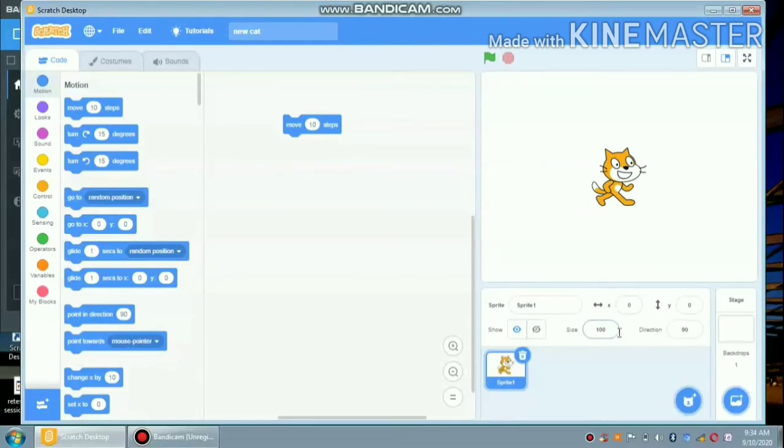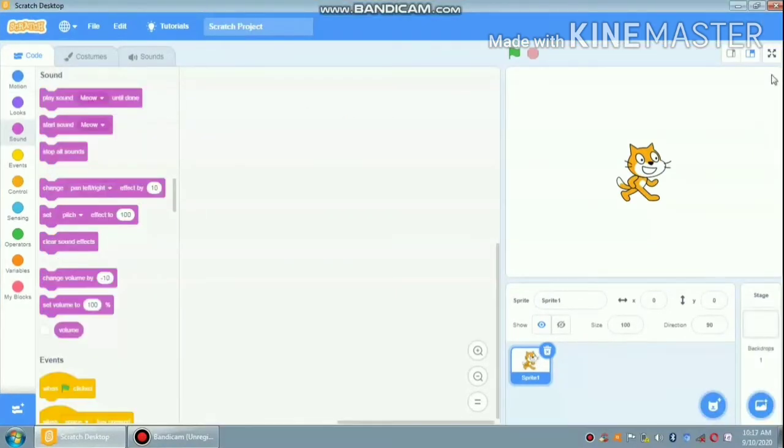Next is backdrop panel. The last section is the backdrop panel in which you can do modifications, means you can do changes with your sprite as well as with your stage. How can you do changes? You can change your character or sprite, or you can change your backdrop from this backdrop panel.